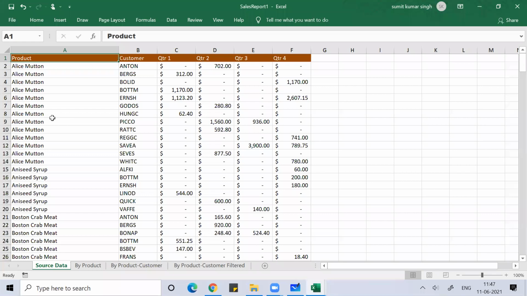Now guys, why have you opened this Sales Report? Because tomorrow when you work, you will get a lot of Excel workbooks having a lot of data. Your client or manager will call you or send a mail and tell you, look, I have sent you an Excel workbook, just do this XYZ work in that.